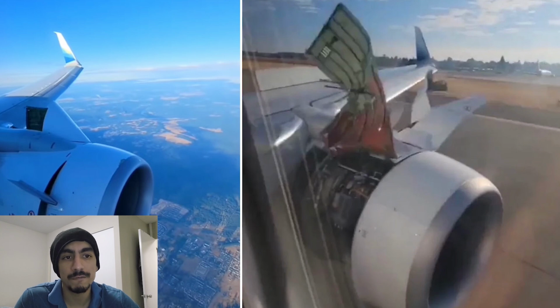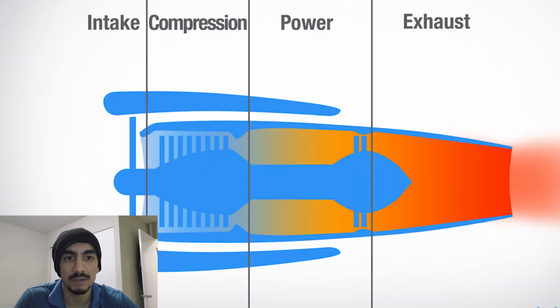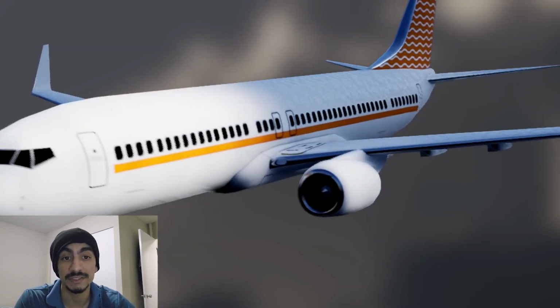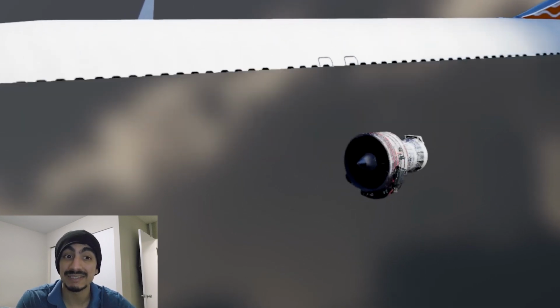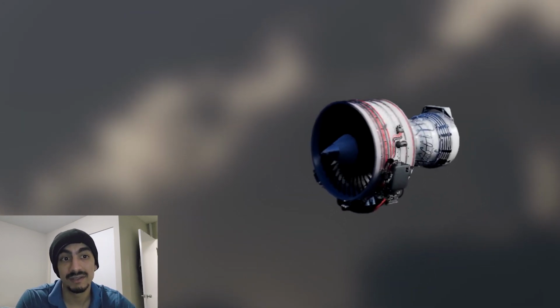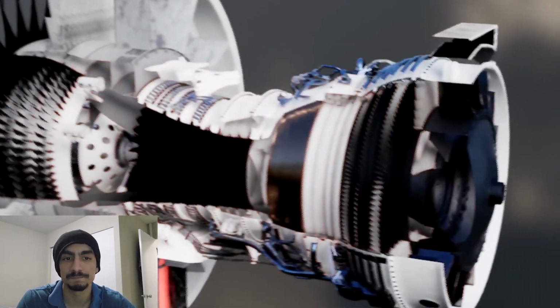Now, the engines themselves: the 737-800 uses high-bypass turbofan engines. Without getting too deep into the weeds, these work by drawing a huge amount of air with a big fan at the front, and some of that air gets directed into a smaller core engine where it's mixed up with fuel and ignited, and that produces the power to spin the turbine, okay, which obviously generates the thrust. The rest is bypassed around the outside, okay, which adds to the thrust and also makes the engine quieter and more efficient.